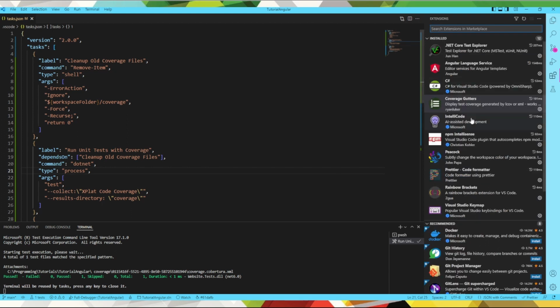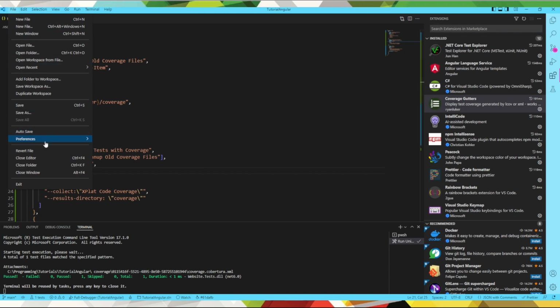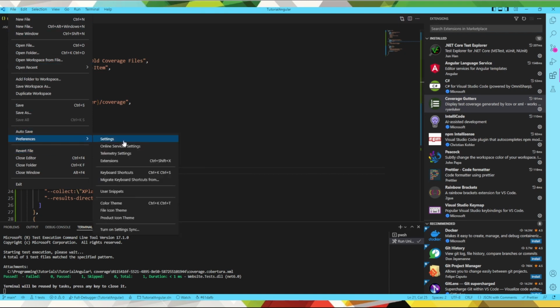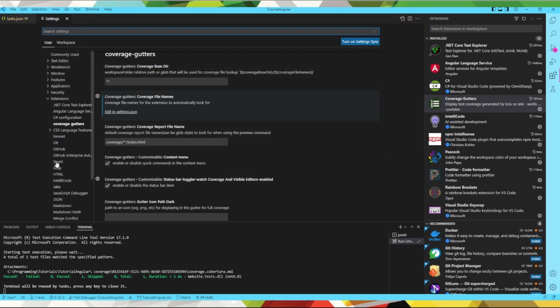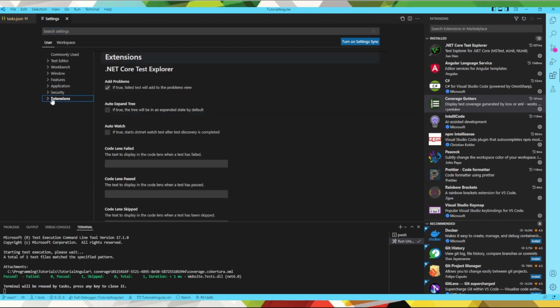And if you installed the same extensions as me, you have one called Coverage Gutters. So we need to now tell Coverage Gutters about the existence of these coverage.cobertura.xml files. So go into your settings, Preferences, Settings, and if you scroll down into the extensions folder,